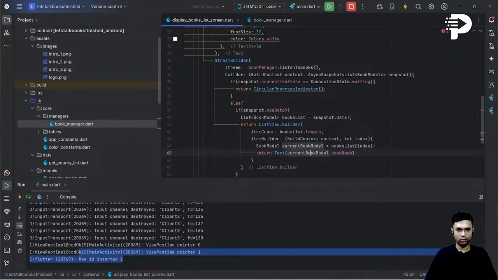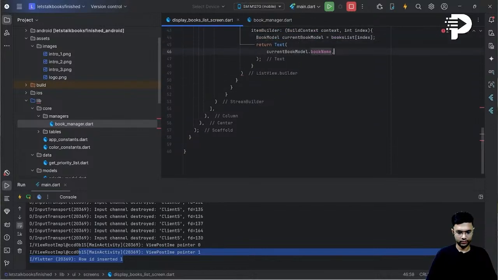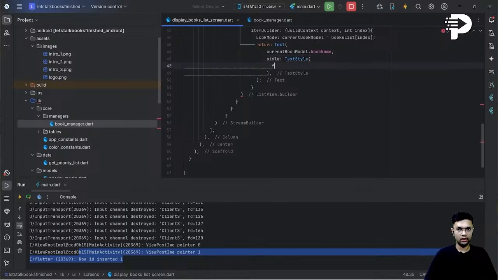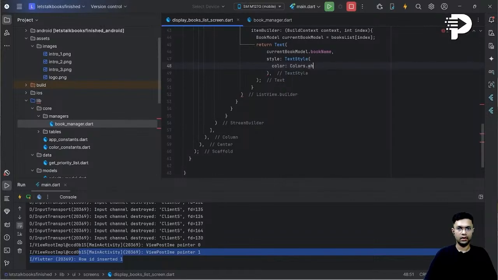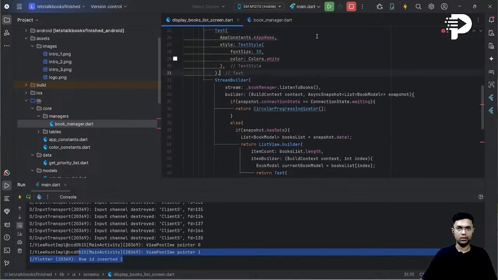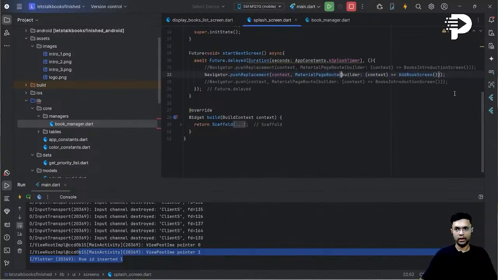In the text, I'm going to show the book name and change the style to white color. I'll put over here text style and color to be white. Yeah, so let's see what happens now. I'm going to go to the splash screen, and then over here just mention